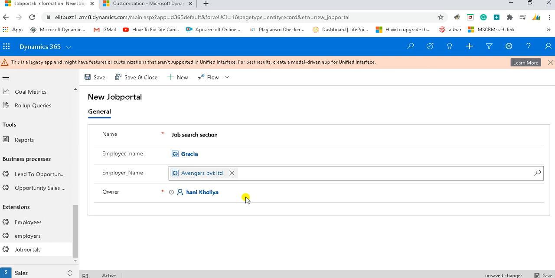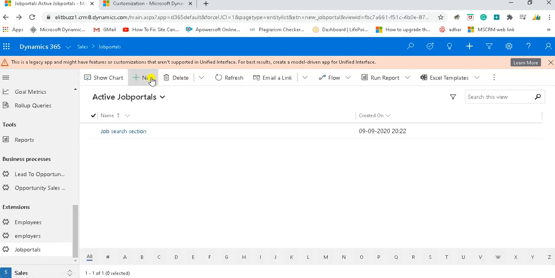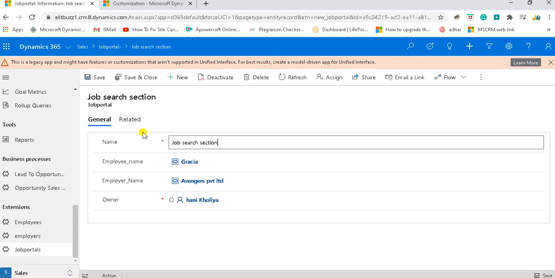So in this way, within the same record of a job portal entity, I can select individually employee name and employer name through lookup field with the help of NS2N relationship. So it saves my time from switching from one entity to another. I can find the details in the same entity, in the same record.